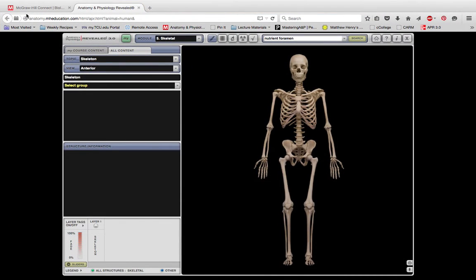Video to prep for the Appendicular Skeleton lab. So again, I'm using APR. I've already accessed the module and I'm looking at the skeletal system, and I'm using the dissection tool, as you